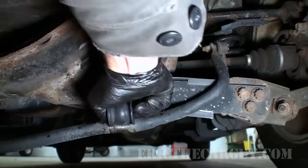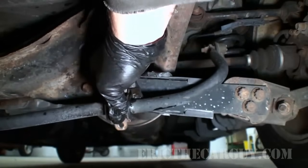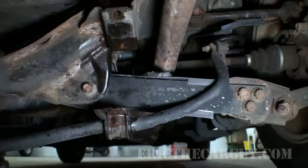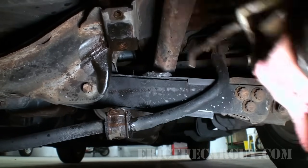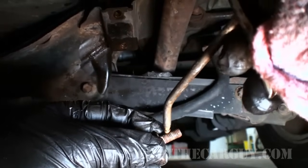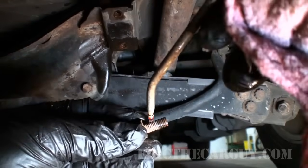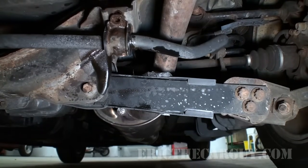Open up the split, put it across the bar, install the bracket, and because my bolts were so rusty, I'm going to take just a little bit of, well, in this case it's going to be transmission fluid, but engine oil works just fine. And I'm just going to put that on the threads of these fasteners before I run them up on there. I'm just going to pull this up, stick it into place,